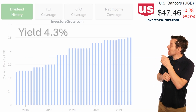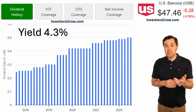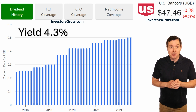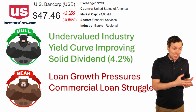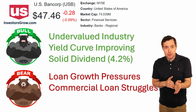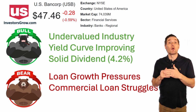Then when we jump in and look at their dividend history, well, we can see that they're paying slightly over 4%, almost 4.5%. I think that this consistently increasing dividend history is likely a good sign for investors. Now, banks have had a tough economic environment to deal with over the past few years since the yield curve has been inverted. But with short-term interest rates dropping recently, well, the yield curve is becoming slightly more normal, which